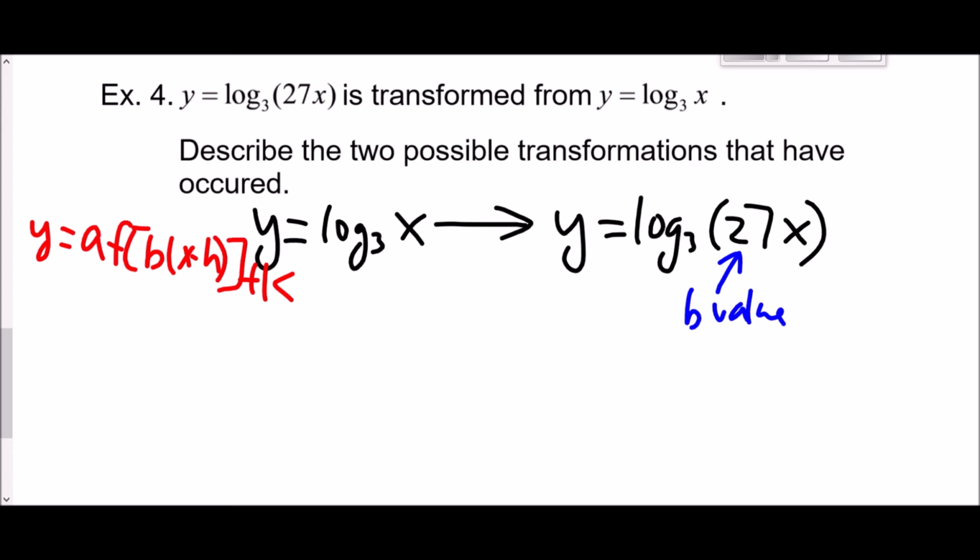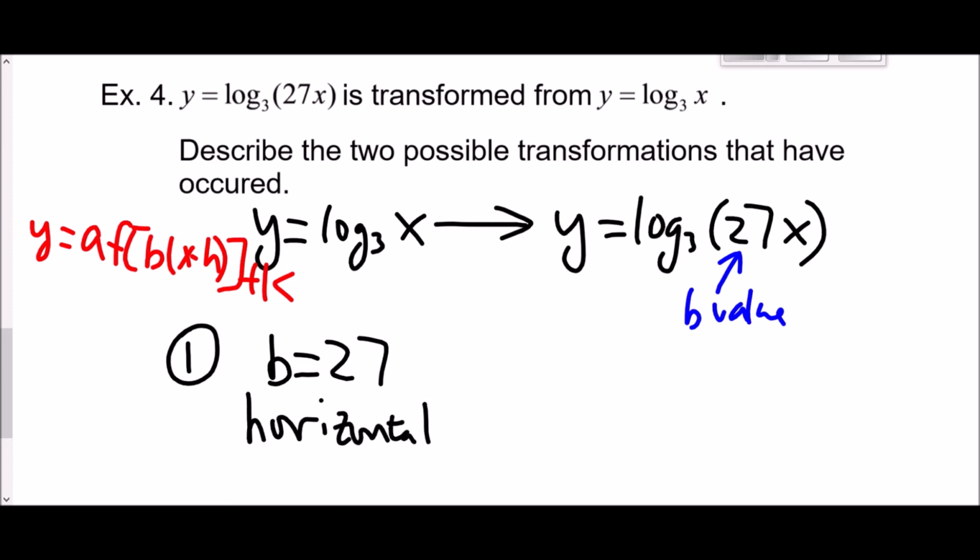Alright, so what does that mean? That means you have a horizontal stretch. So for this one here, first transformation we can think of is b is 27. So remember, we flip it upside down. So that means we have a horizontal stretch